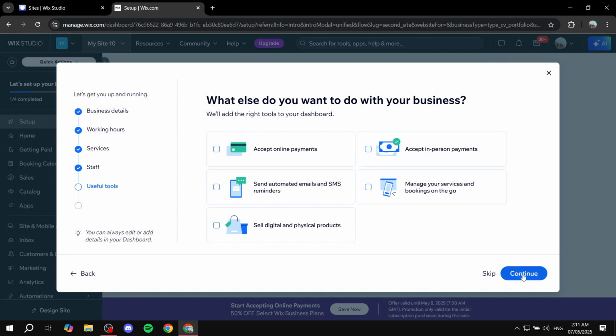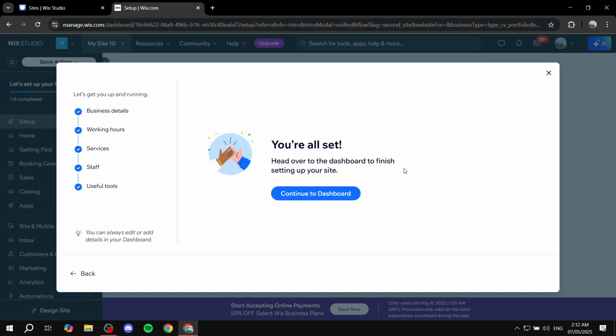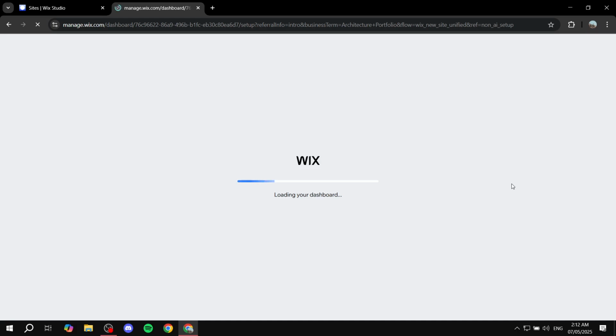I'm just going to turn them off because right now we're just going to be focusing on the portfolio side of things. Let's just pretend we don't want to sell any services on this site just yet. We just want to actually showcase our work using portfolios. So I'm just going to skip these steps and click on continue, and then we are pretty much just set. And I've noticed that it actually did not set up the portfolio app for us, which is good because at this point we can actually show you manually how to do it,